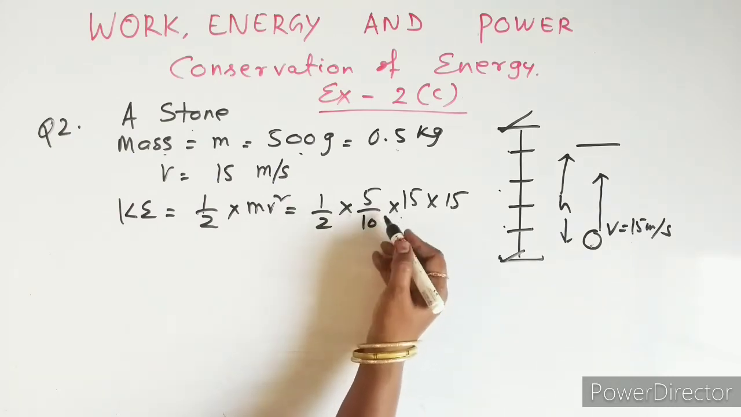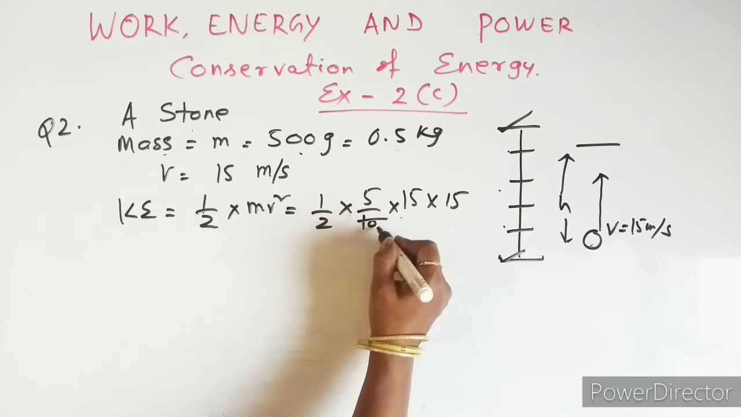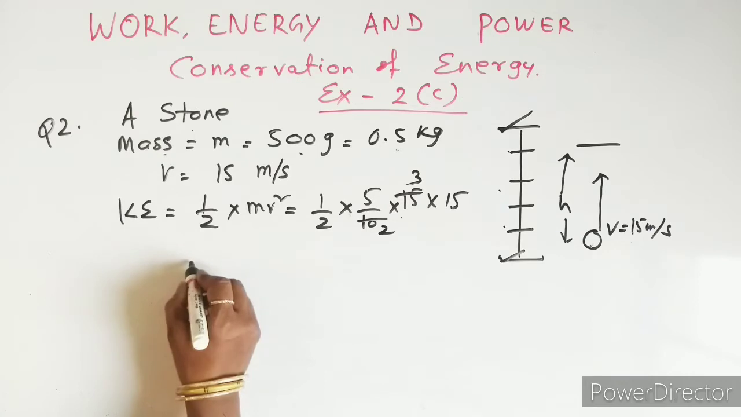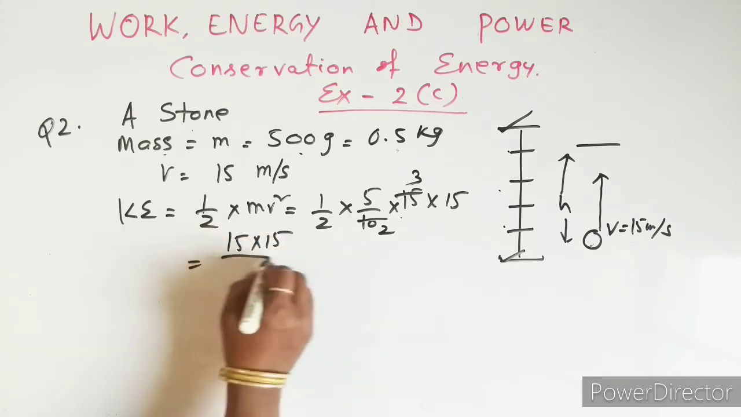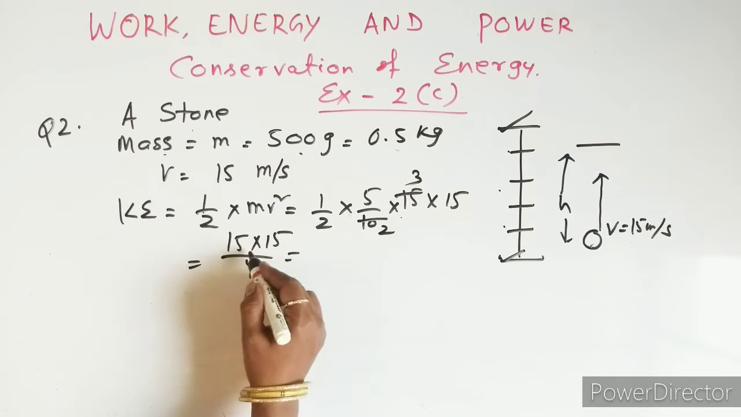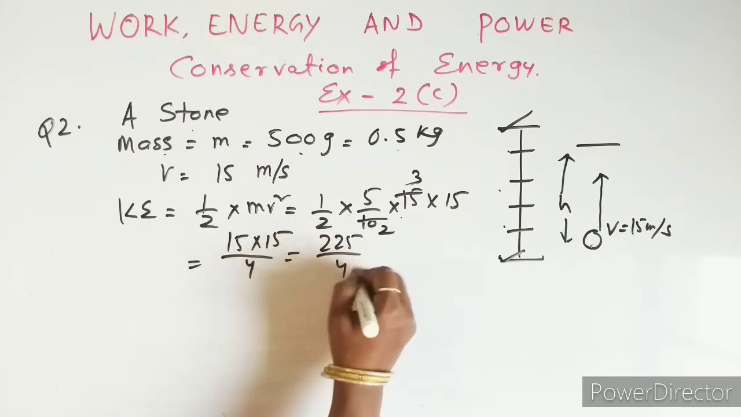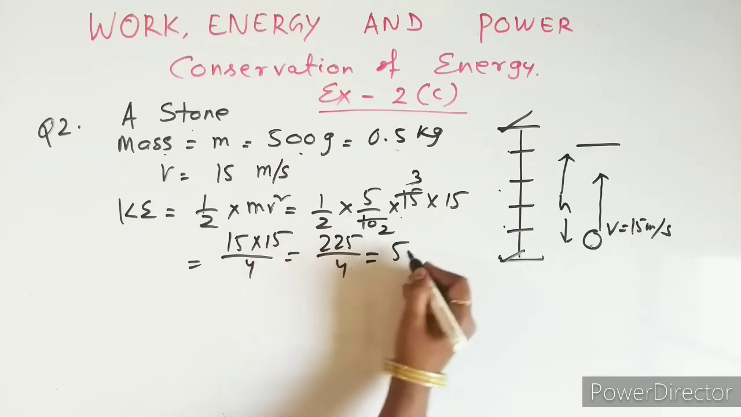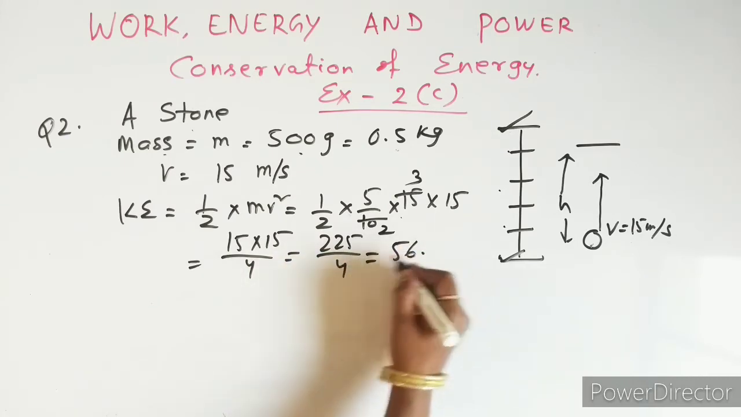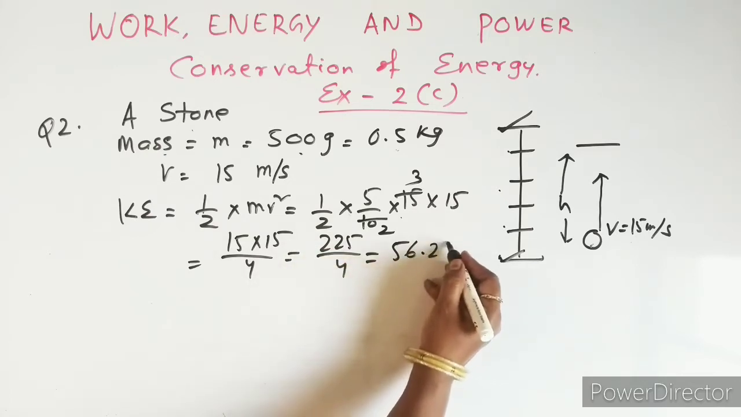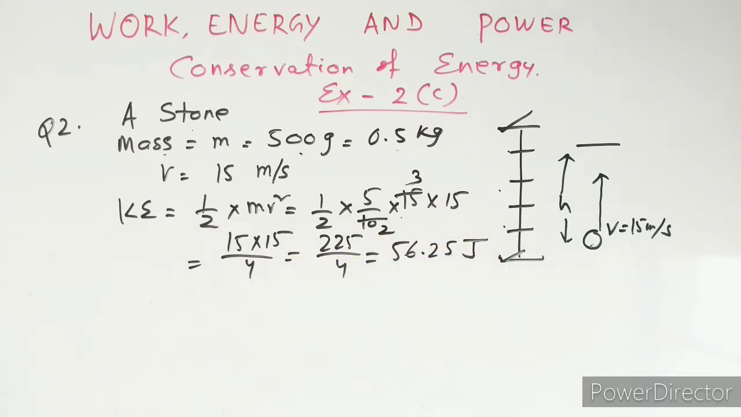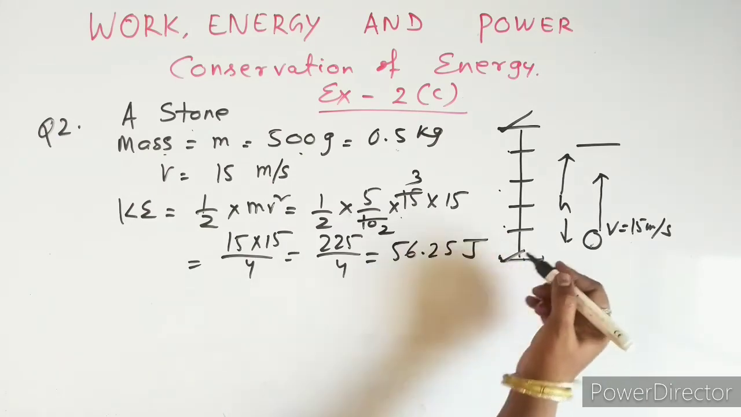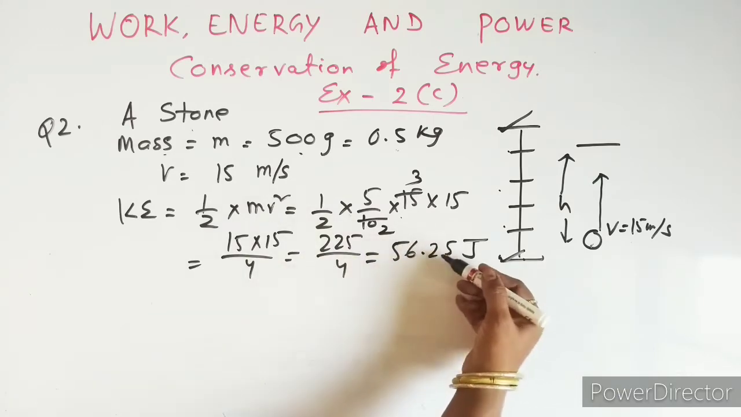So what will we get here? Half into 0.5 gives 1 by 4, so 15 into 15 by 4. How much does it come to? 15 into 15 is 225, by 4 equals 56.25 joule. This is the kinetic energy here. So our answer, according to the principle of conservation of energy,